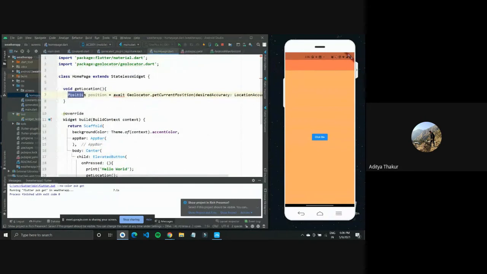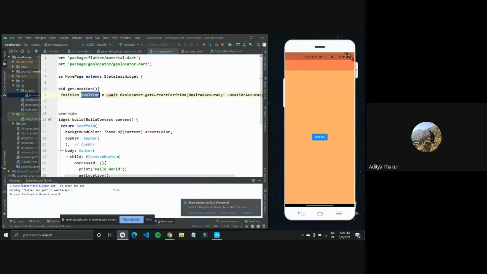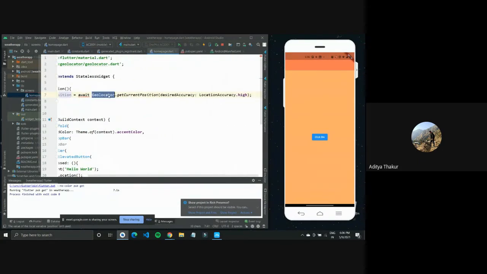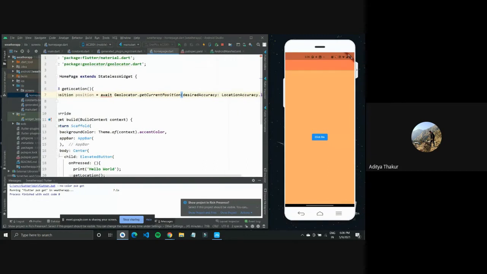We have position as the type, and this position is the variable which awaits geolocator dot get current position. So we are tapping into this geolocator class to get the current position, and we are giving it a parameter defining the accuracy. Location accuracy is set to high, but we can use a lower accuracy as well. That should work for our application.